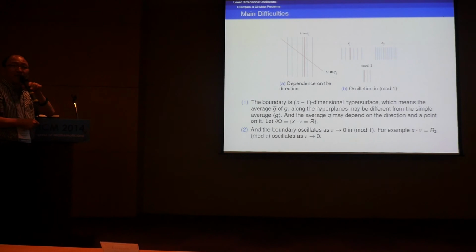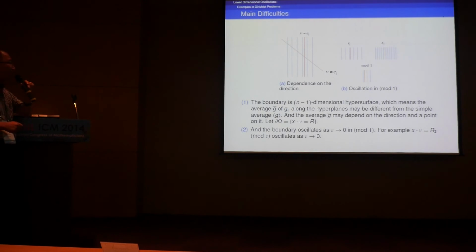For example, let's say this is my boundary. And if it lies in this way, its normal direction is e1. My boundary data is periodic in this way. And if this is my boundary, then it sees my boundary data only partially. But if my direction is transversal, then oscillation happens here and here. So basically this boundary sees all of the boundary values.